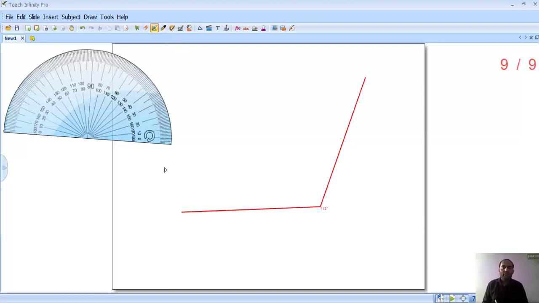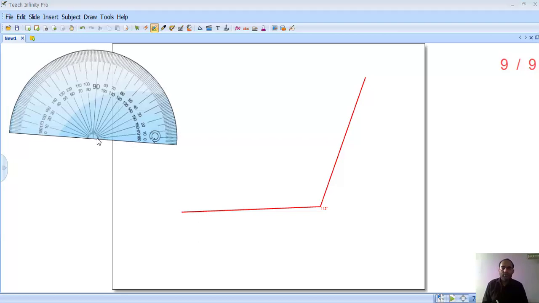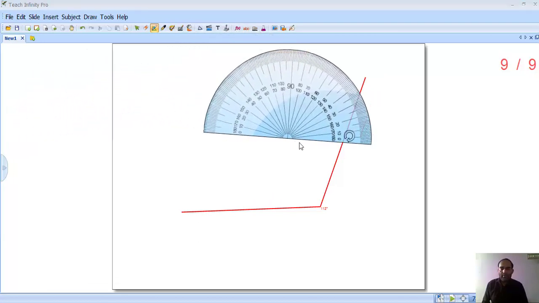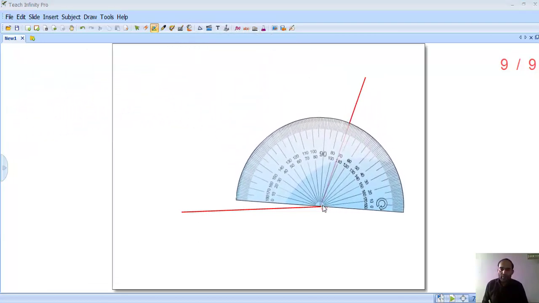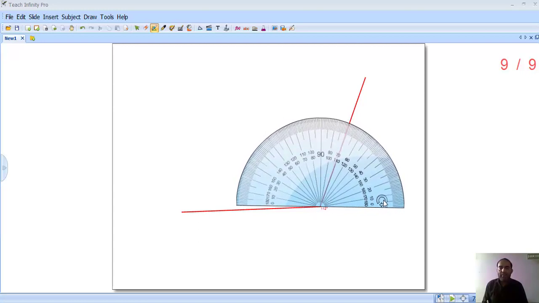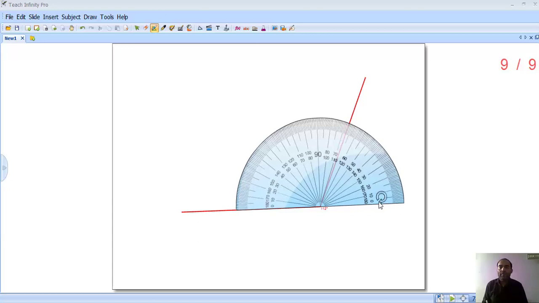Yeah, this one is the second example. The steps are the same. Put the midpoint of the protractor on the joining point of the angle. Adjust your protractor in a way that one 0 line is overlapping with the angle. And the third step is we need to decide whether we are going to use 0 1 or 0 2. Which 0 are we going to use this time? The line is at this side, so we are going to use this side, 0 2.